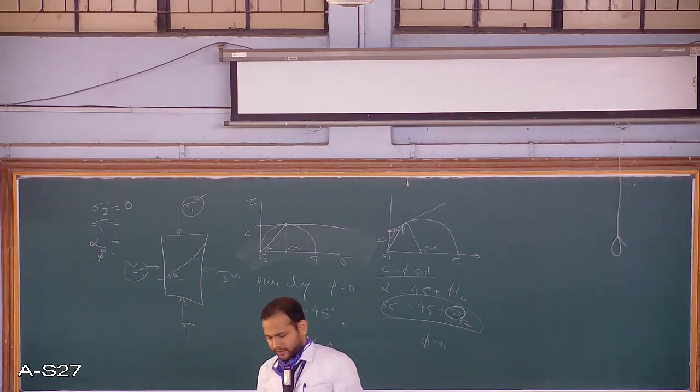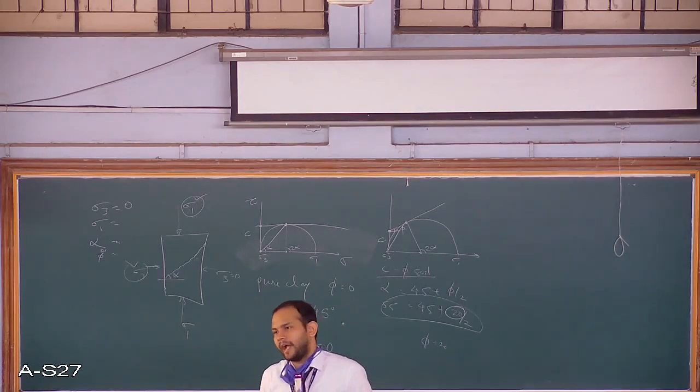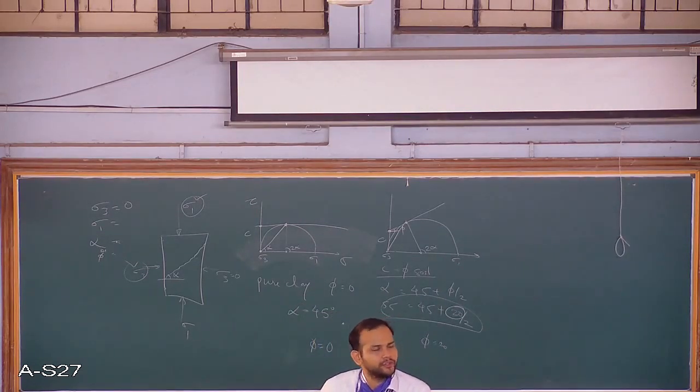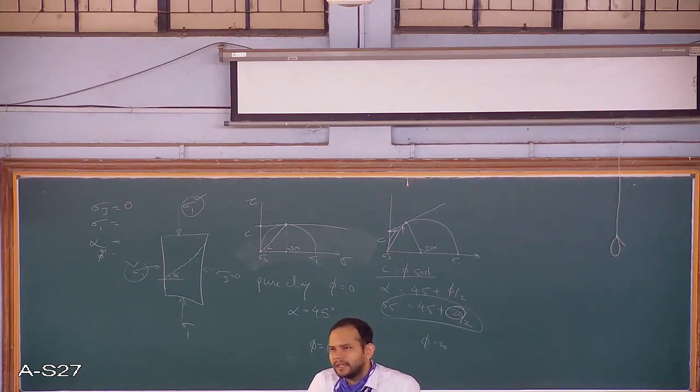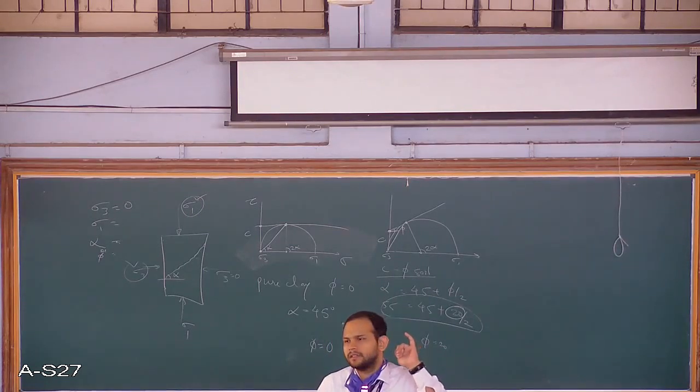In the book it has been solved using analytical methods, using some formulae. You can also do that. If you remember 2 formulas, you can solve any type of question. The formulas are related to sigma, tau, c, phi, sigma 1 and sigma 3. So it revolves around these 6 parameters. I repeat: sigma and tau, the failure condition; sigma 1 and sigma 3, the principal stresses; and c and phi, what we want. This is what it revolves around.